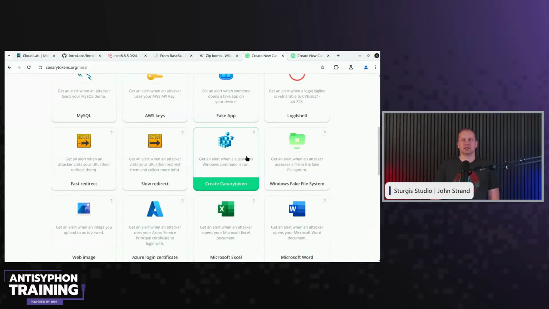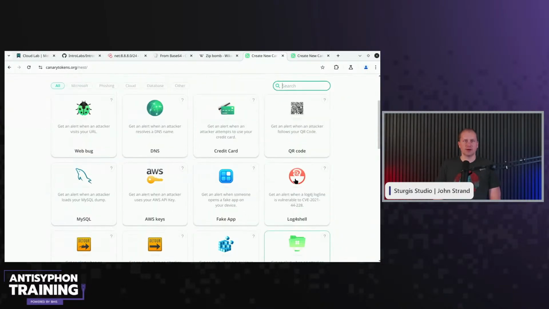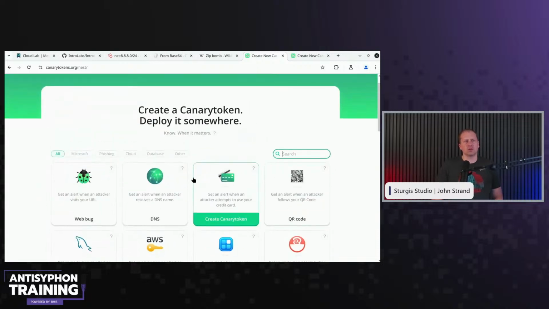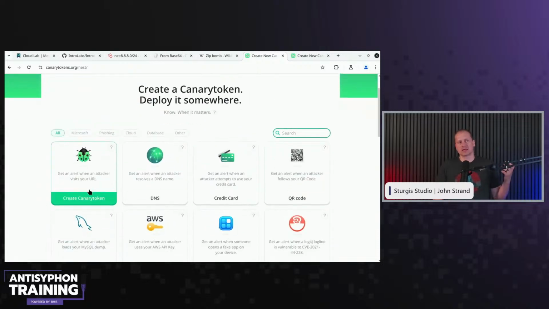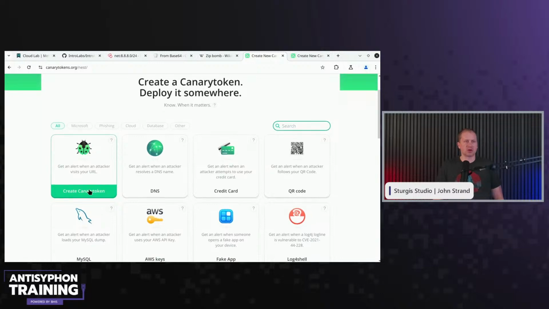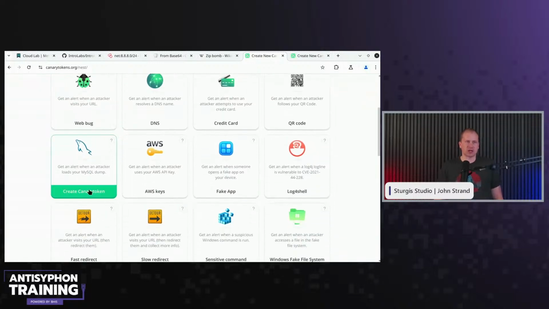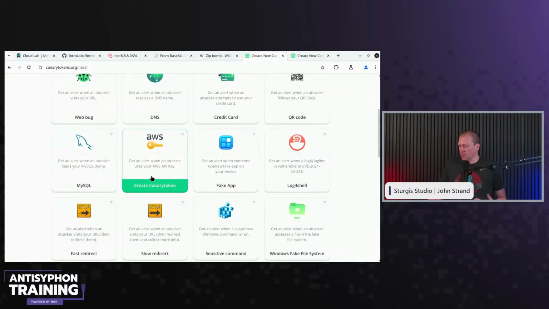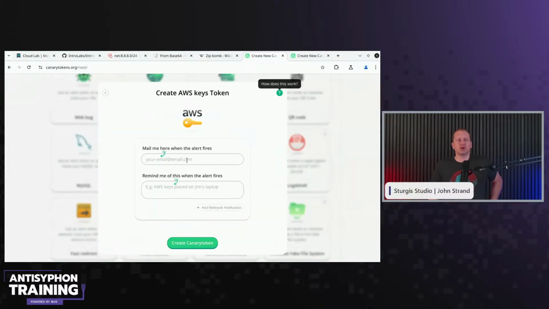All right, let's go through this and talk about some of these. A lot of these are pretty basic, like a web bug. If it gets scraped or accessed, it triggers things of that nature. Some of my favorites, though, I want to talk through use cases for some of them and just why they're so awesome. The first one I want to talk about is AWS keys. If you put in your email, I'll just put in my email and put in